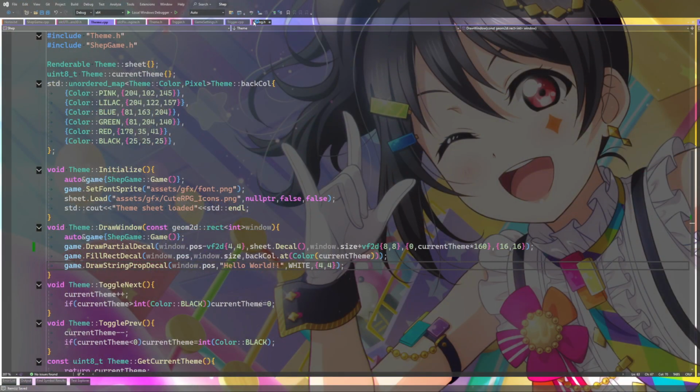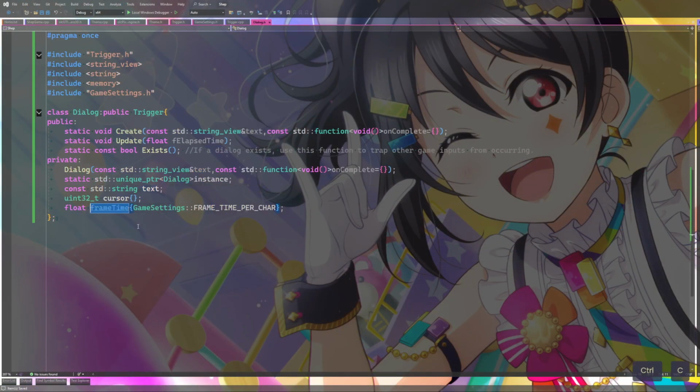I'm just trying to think how this is all going to shape up. But the whole point is every once in a while, we have a timer. I think I already have the frame time here. Frame time ticks down.